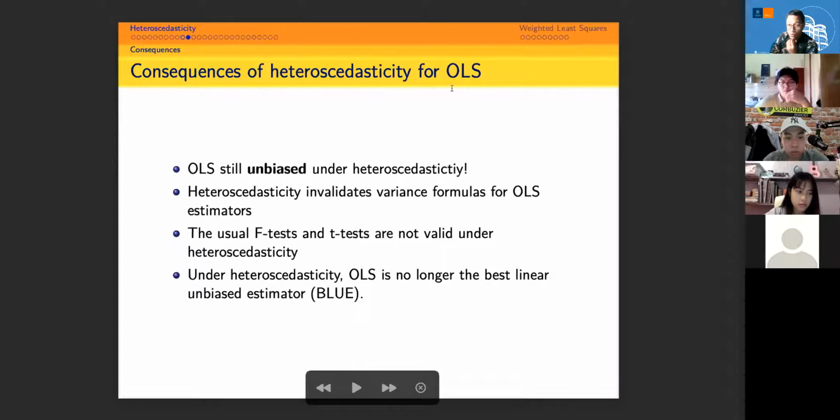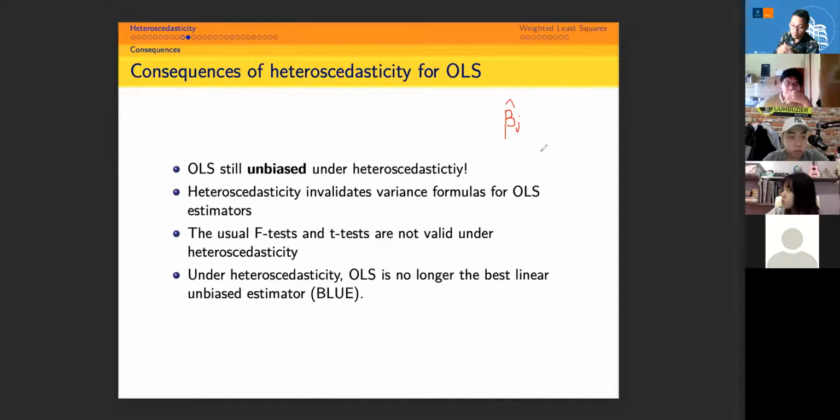The first one is the estimated coefficient of the explanatory variable. Suppose that we're interested in the return to education, or the return to experience,